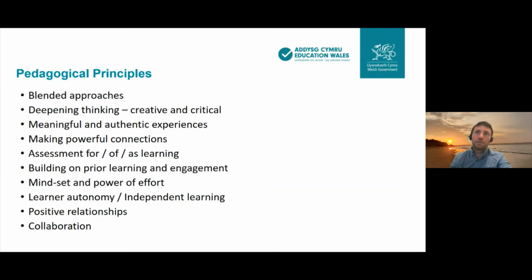The pedagogical principles. We've been thinking about these within the context of the new curriculum, but as you go through that list, you can think about some of those things and how we build those within the context of the virtual classroom. How do we think about the development of those positive relationships? How do we think about building those powerful connections? And Sarah, only a moment ago,